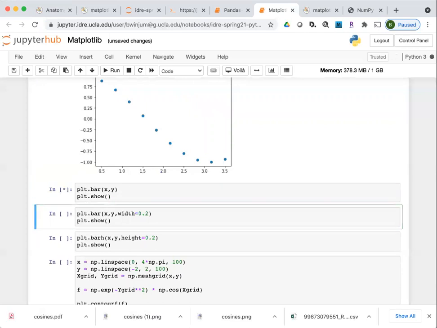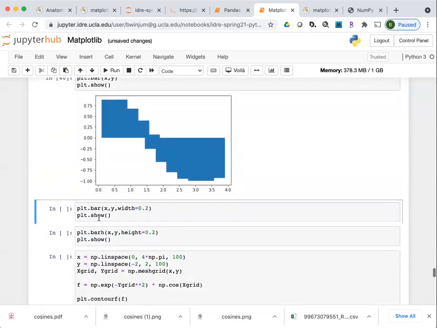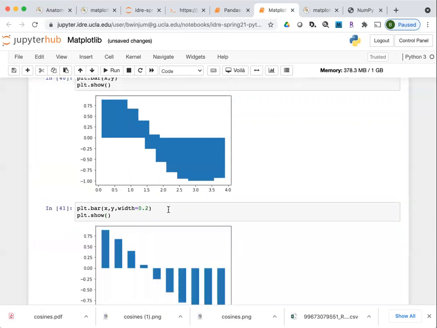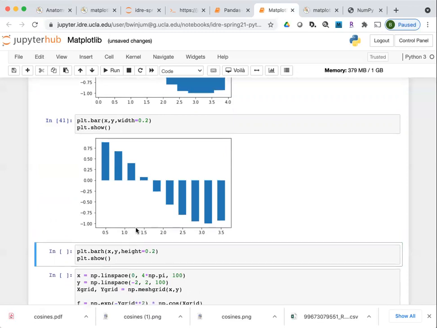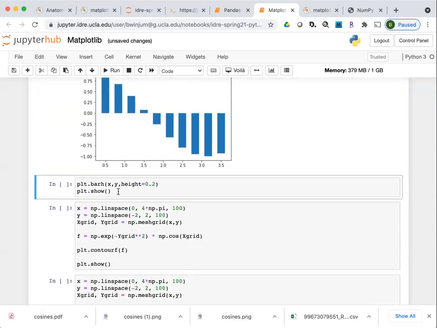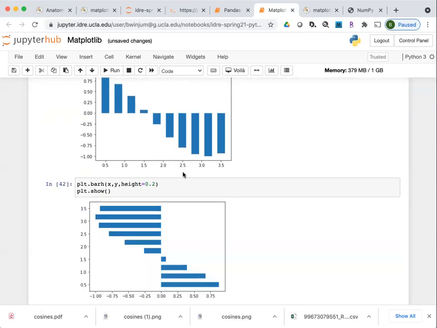Bar will give you a bar plot. And then you can pass in different parameters to all of these calls to PLT as well. So width just sets the width of the bars inside of the bar plot. This is actually in the numerical, 0.2 and whatever this horizontal scale is. Bar H is for doing a horizontal bar plot.